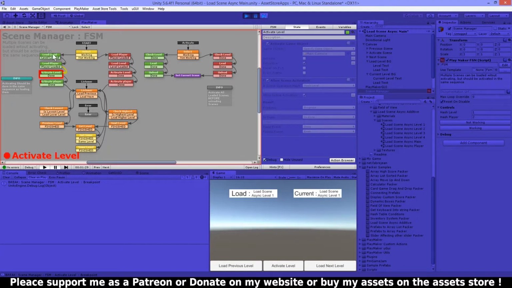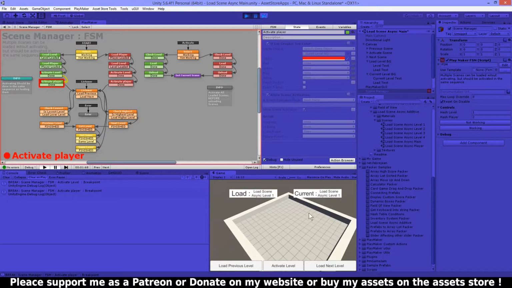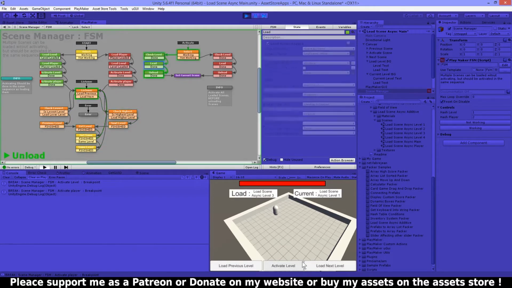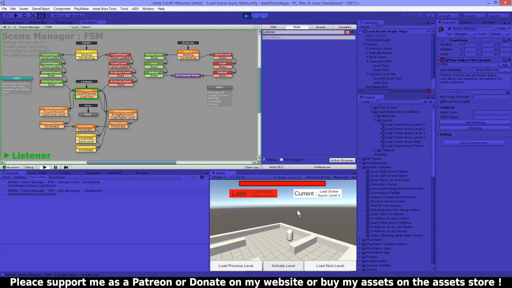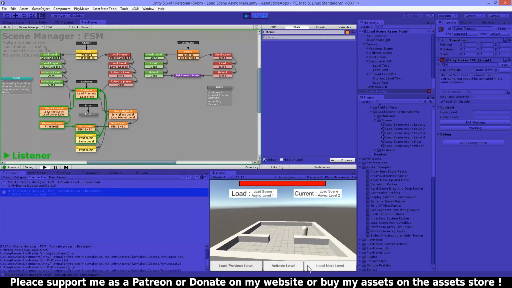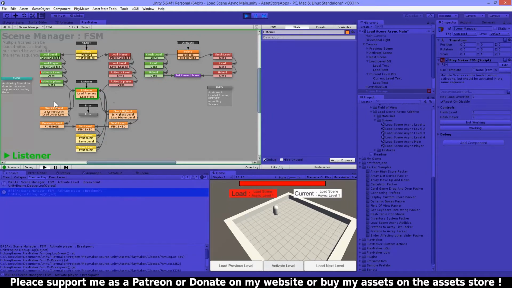So first I'm loading my level, then I'm loading my player, and then I am activating my level, and then I am activating my player. And then I can choose a different level. I have only 4 now, and just activate it, and as you can see I have a different level here and also different camera position. So level 4 or level 2 and back to level 1. Okay,